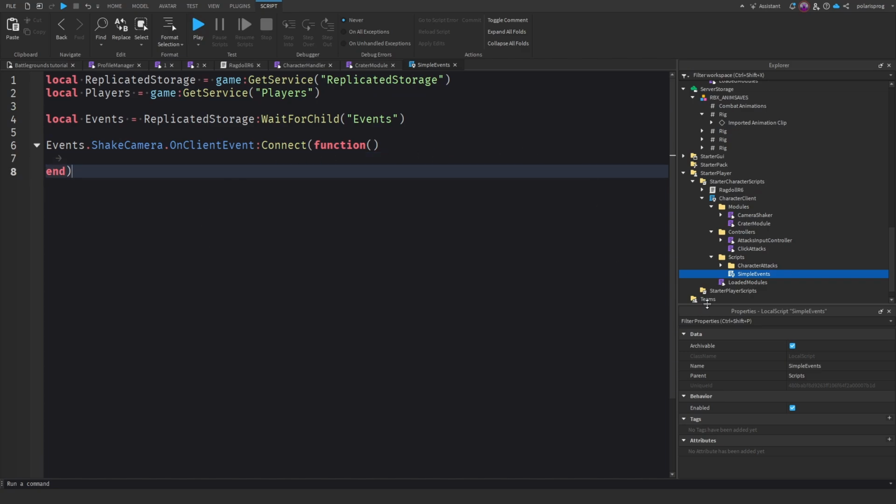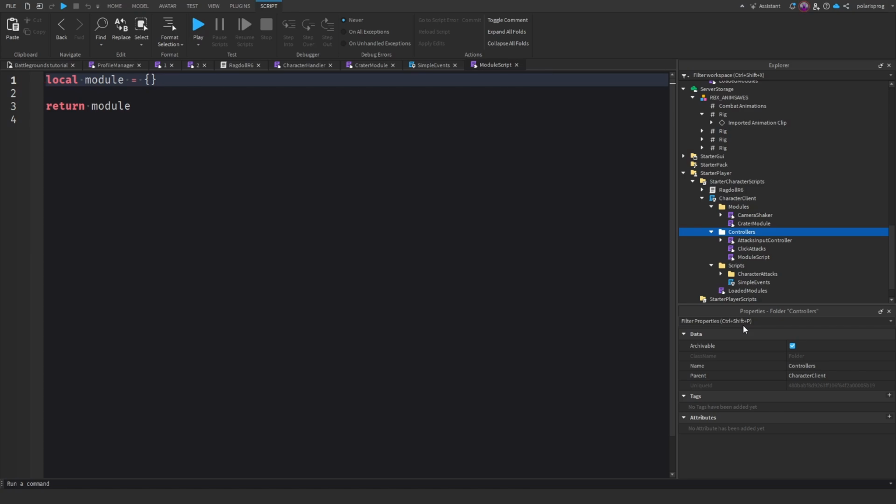And I did something dumb. Now that I think about it, this local script should be a module. Sorry about the fact that I made a lot of mistakes. It's just that I've been recording for quite a while now, and I'm making some mistakes. So yeah, we will create a module inside of the controllers, and I'm going to call